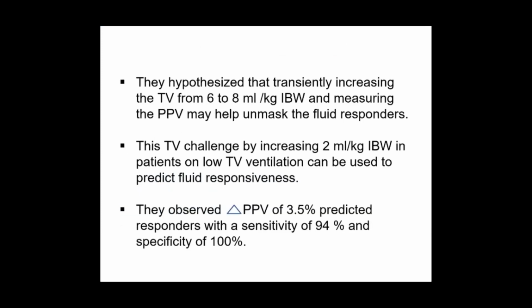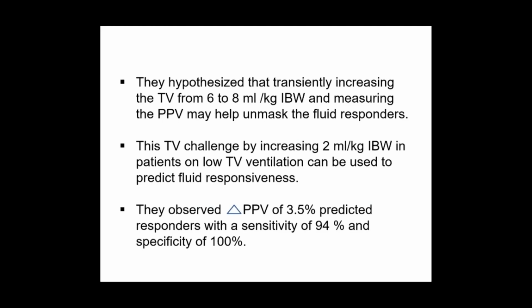They hypothesized that transiently increasing the tidal volume from 6 to 8 ml per kg ideal body weight and measuring the pulse pressure variation may help unmask the fluid responders. So we already discussed that in the higher tidal volume patients, no problem. But suppose the patient is on a low tidal volume ventilation, say for example 6 ml. So they are saying you increase that transiently to 8 ml or 10 ml per kg ideal body weight, so